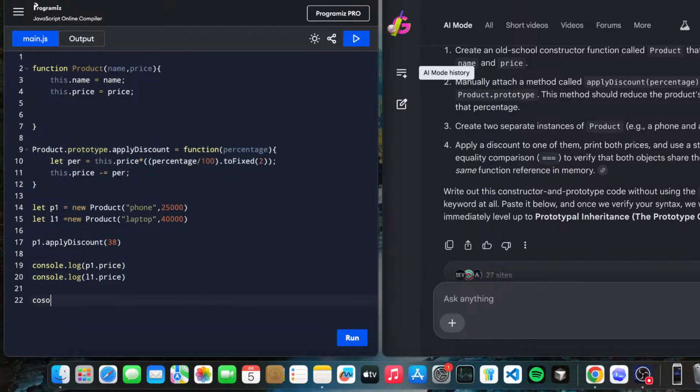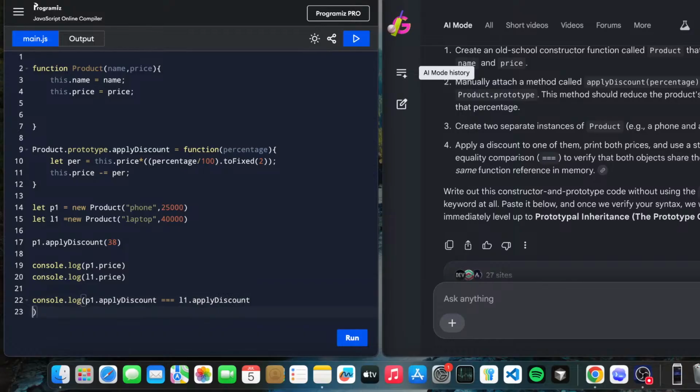Okay, console.log(p1.applyDiscount === l1.applyDiscount).